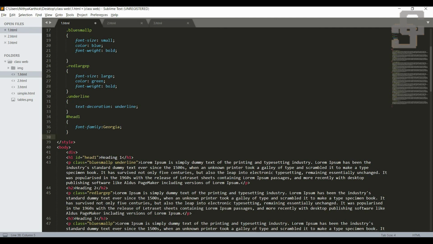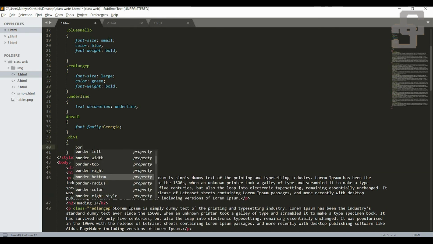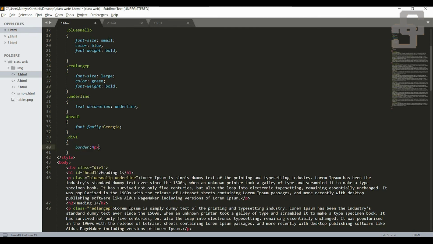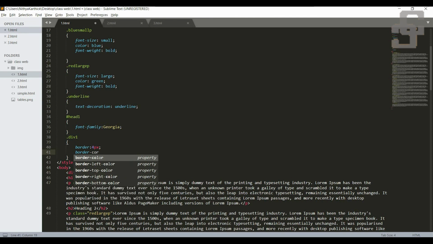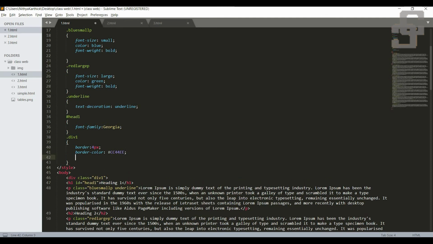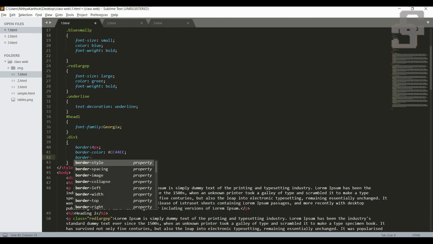Let me give a border for this division 1, like class div 1. Here, period symbol div 1. Border 4 pixel. Border color, it's a hexadecimal color. Then border style